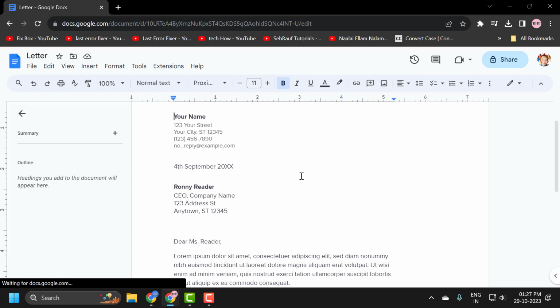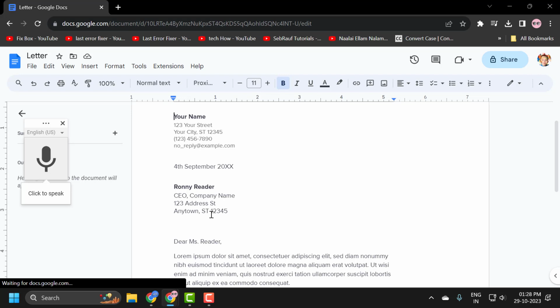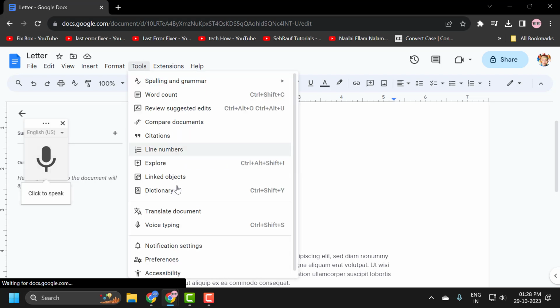Today we are going to see how to use voice typing in Google Docs. I'll show you guys how to do that. You just need to click on this Tools tab and select Voice typing. Alternatively, you can press Control, Shift, and S on your keyboard at the same time to open this voice typing,